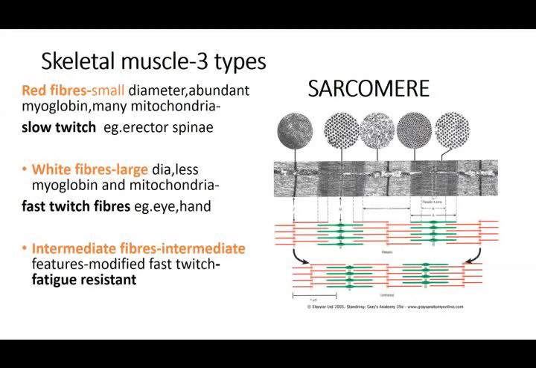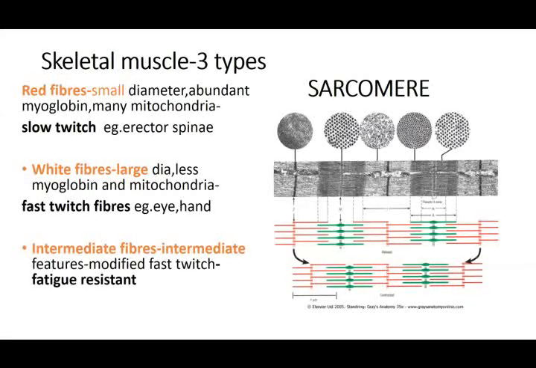Somewhere you need a quick response of the muscles. There the diameter is less, and that is where you have the white fibers, called fast twitch. It is the way it is when you blink your eyes, that is a quick response. The hand movements also show you the fast twitch muscles. Their diameter is less, and myoglobin and mitochondria are less, because their activity is going to be quick and finished. Whereas in the red fibers, it is going to be a slow and prolonged activity.